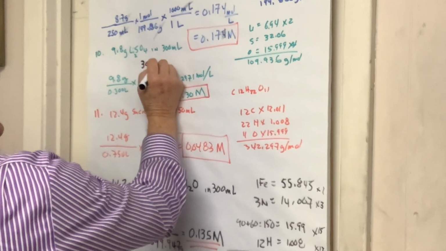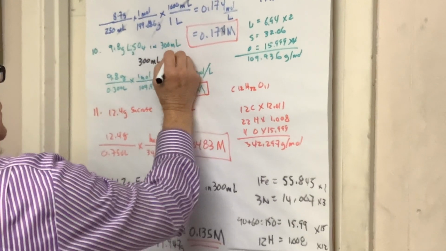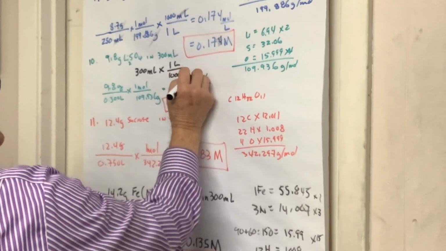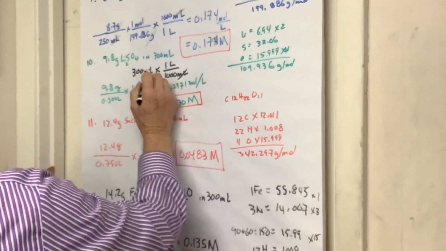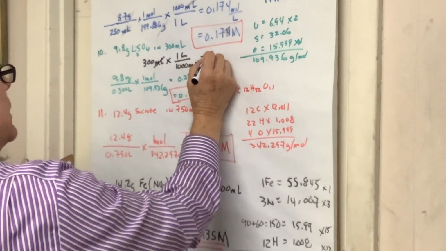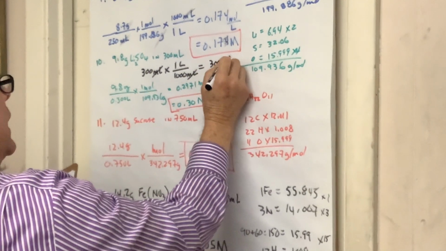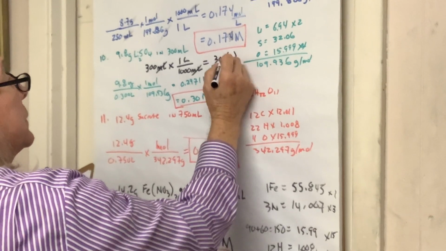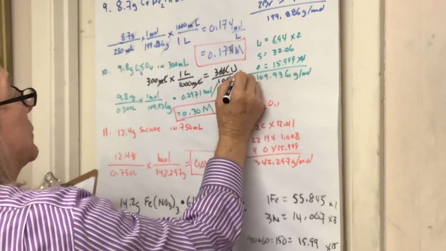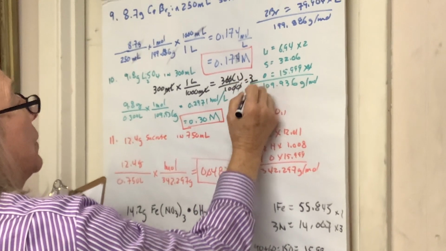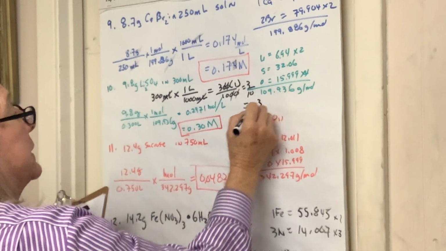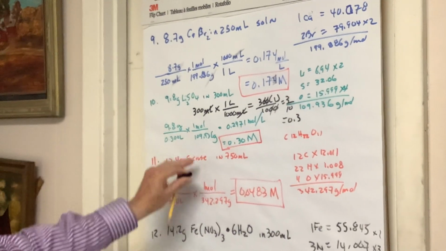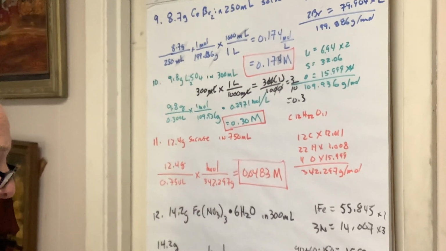300 milliliters times 1 liter per 1,000 milliliters. Okay? Milliliters cancel. I end up with 300 times 1 over 1,000. I don't know how you do your division, but that's 3/10 or 0.3 to me. So 0.3, I do have 3 significant figures, 0 liters,